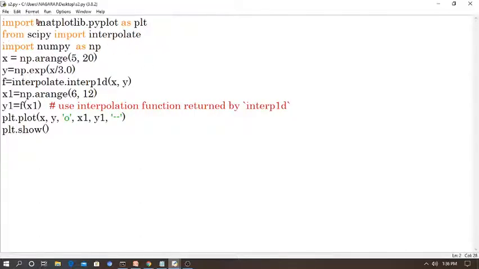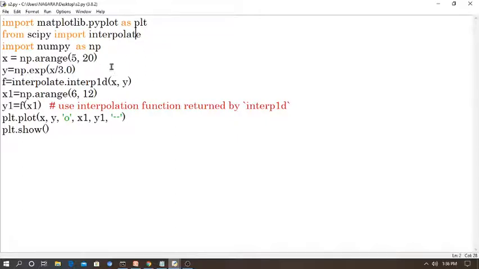Don't forget, if you miss any import or package here, you will get an error, and it won't support the output. Then I give x equal to np.arange of 5,20, the data points I am giving as input here, and y is equal to np.exp of x by 3.0, then f is equal to interpolate.interp1d of x comma y.